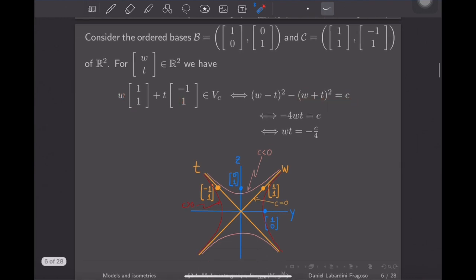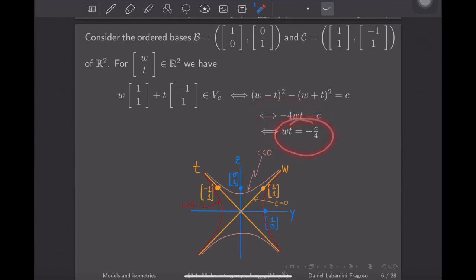And then when one expands this, W squared and W squared go away, T squared minus T squared goes away, and this is the only thing that survives: minus 2TW here, minus 2TW here, so minus 4TW. Right, and then this equality happens if and only if this equality happens, and from this equality,